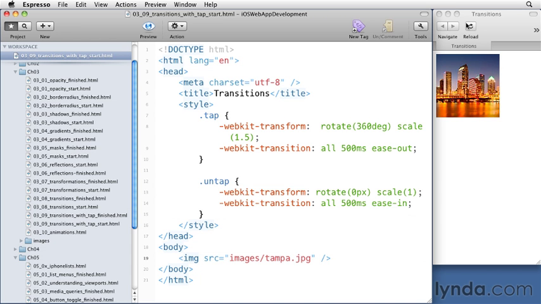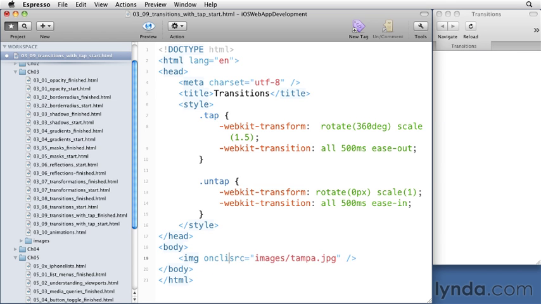We'll be using a first event, onClick, to track the user tapping on an image, and I'll show you how to deal with setting everything back the way it used to be. So let's get started. We'll start off with a file that already has a couple of built-in transitions. So we have a transition for when the user clicks on an object and for putting everything back the way it used to be. We have an image on the screen, and the first thing we need to do is